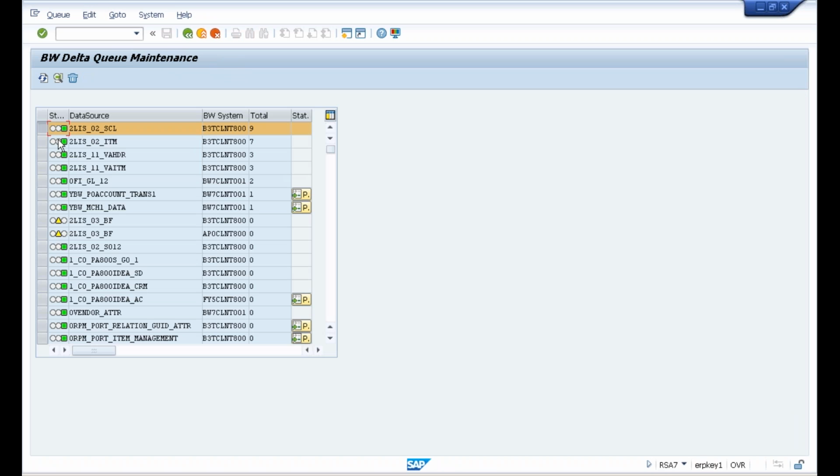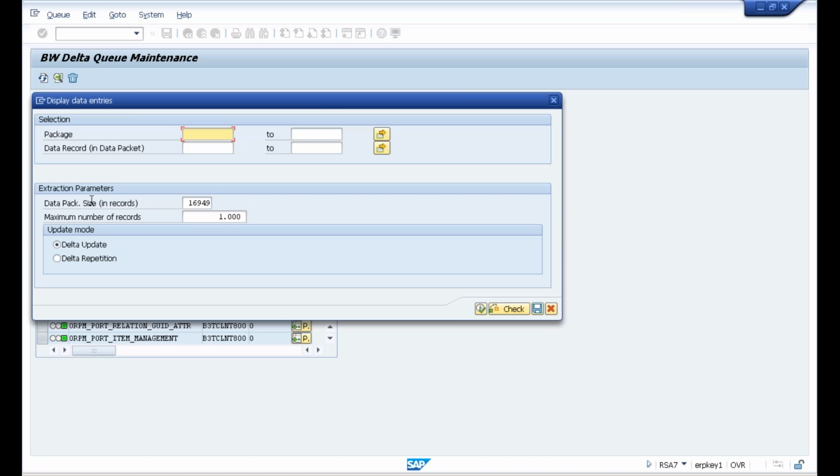Okay, here you can see each data source level, you can see the data source available. So when we trigger the data load and there is an info package on the BW side, that will bring the data from this particular RSA BW delta Q. If you want to see the data, you can select that and you can see here data packet size and the maximum number of records to display. If you want to display everything, you can select